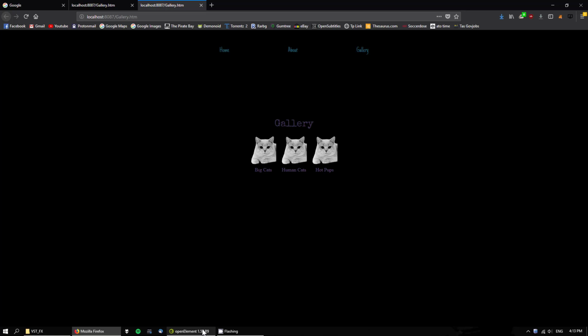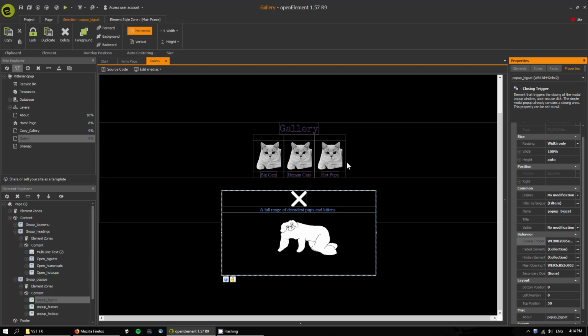So yeah, there's one solution I've found for this. My first idea was to make it so that they don't close, but they just switch. It doesn't really work with this element. So I'll show you my one and only solution. If you can think of a better one, I'll be very impressed. And please put it in a comment for everybody else, including myself. But from what I can see, it really is a limitation with this modal pop-up element, because it only has one closing trigger,